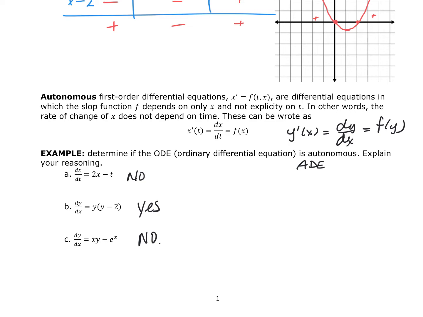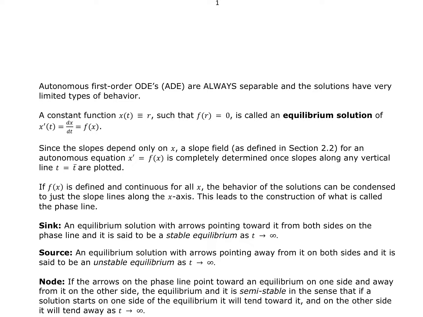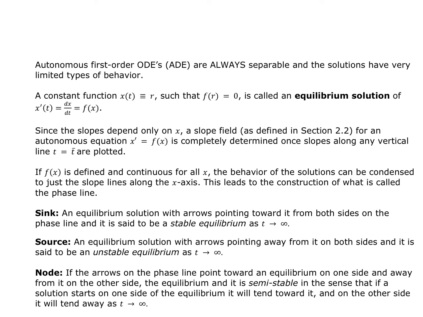So just being able to classify what it is is going to help us as we move along. Now, autonomous first-order differential equations, ADEs, are always separable, and the solutions have very limited types of behavior. The constant function, where I have x of t equal to some constant, such that f of x is equal to 0, is called the equilibrium solution of the autonomous equation x prime of t, dx/dt, is equal to